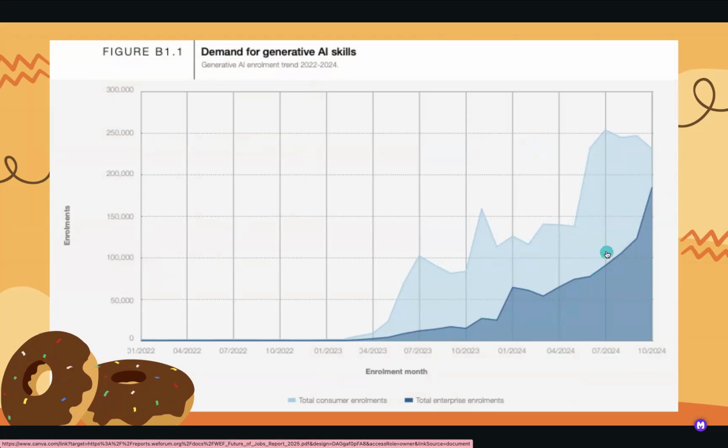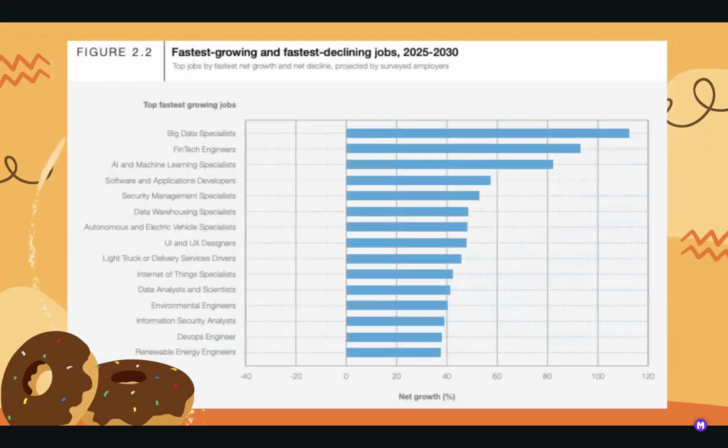So this came from the World Economic Forum, and this just came out in 2025. So again, you can click on this and get the full report. But when we talk about generative AI skills, and that's that AI literacy as well, understanding how it works and analyzing it, look at the numbers here. So here we are in April 2023. Here we are at the end of October last year, and here we are in March now, right? So we know that this probably has even grown higher. So jobs are looking for people that have these skills and understanding of how to use AI ethically and appropriately in their job to make it more efficient or however that may help them.